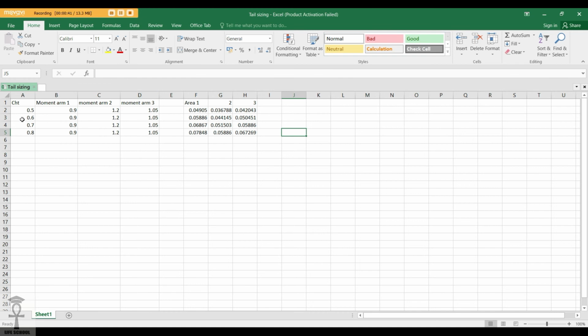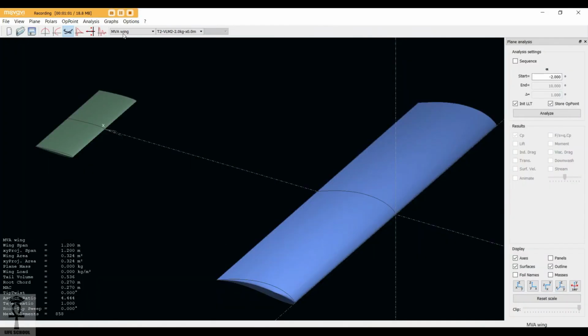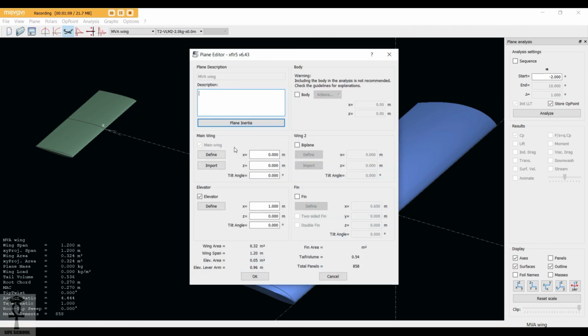From that, for each different value of horizontal tail coefficient and moment arm, I got these areas. So you can see this is the area, these are the values from the formula that I have used, and these are the values that I have got. And from that, I selected one tail and modeled it in XFLR 5 from here: XFLR 5 planes, current plane, edit.